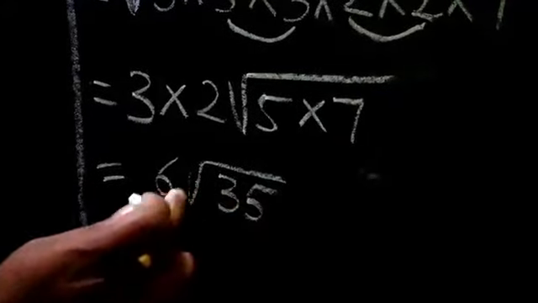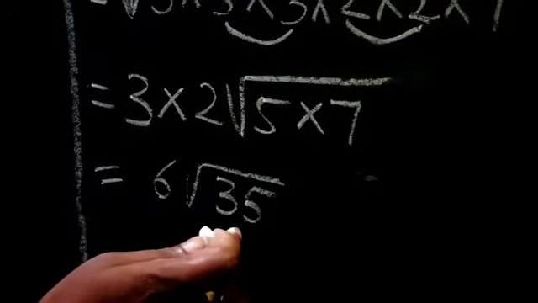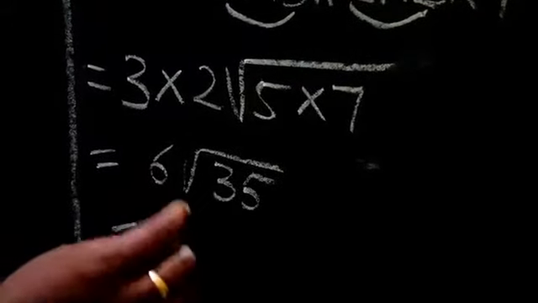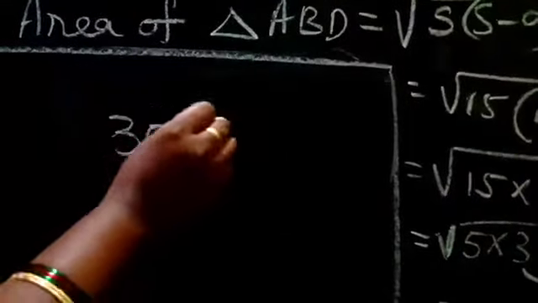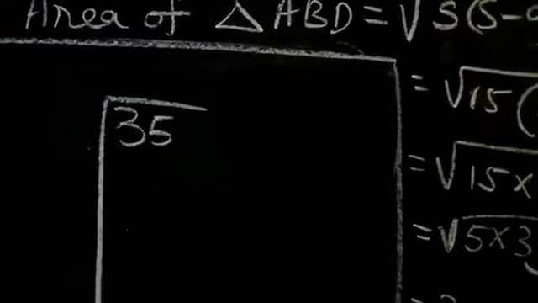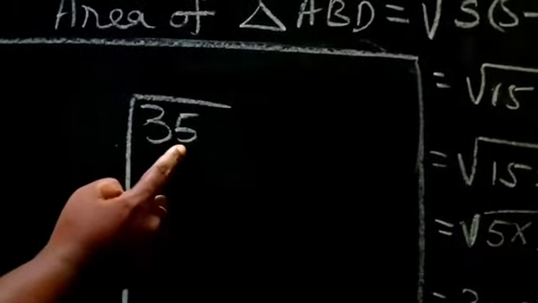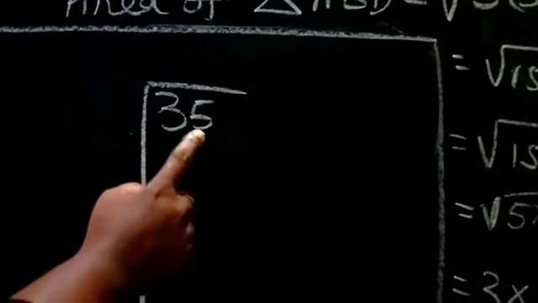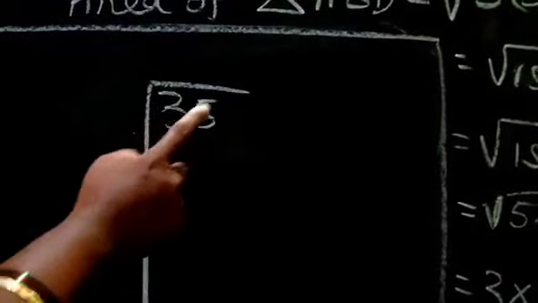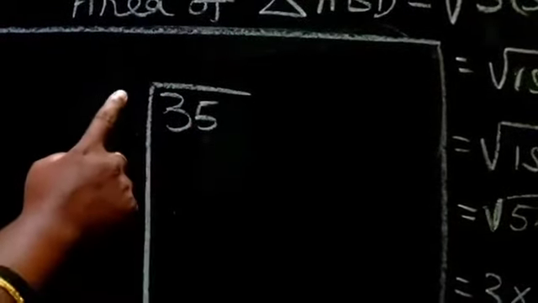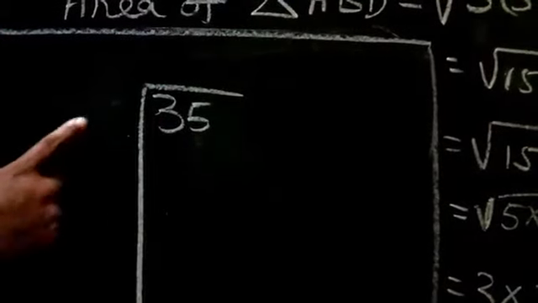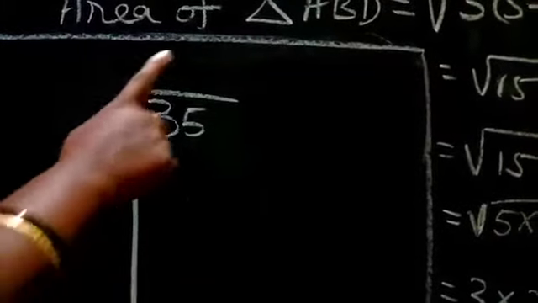Now square root of 35, we should find the value of this by the division method. So square root of 35, always we have to take 2 digits only. This is the unit digit and the tens digit, we have a 2 digit number only. Any number if you take here, the same number we should take here also. So here suppose 1 if you write, 1 1s are 1.